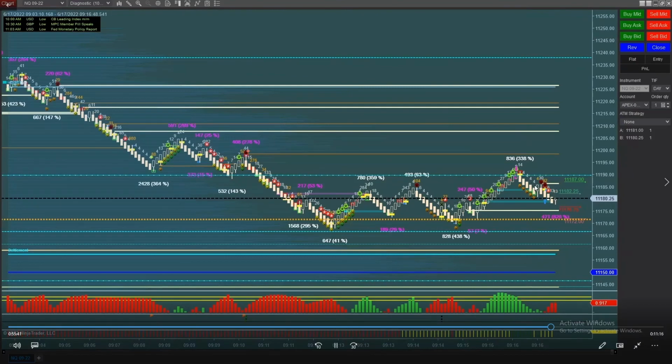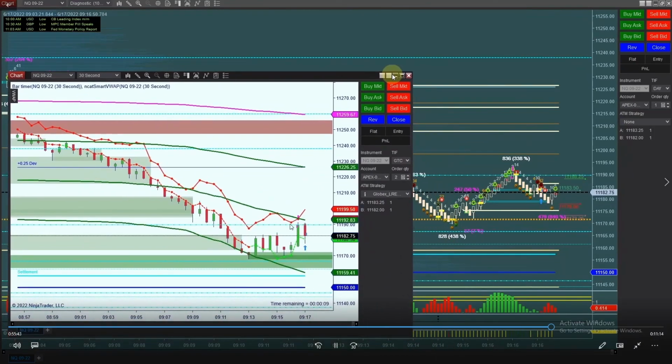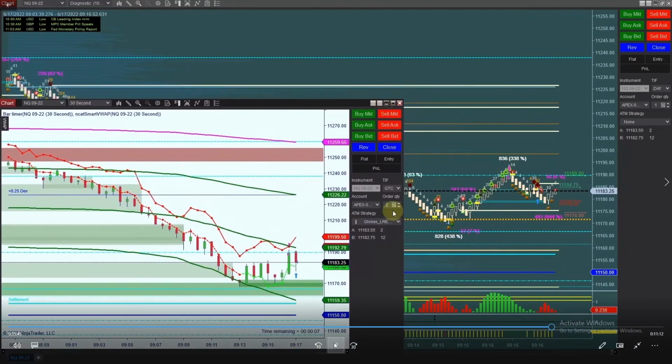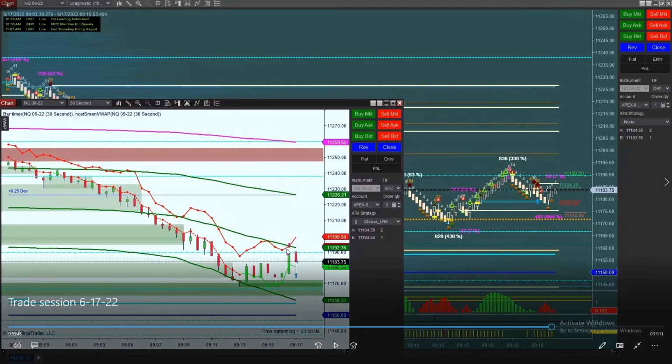So look, and here it goes. See, that's my LRE. Pulled back up, gave me my LRE there. See, the whole time before that, it never gave an LRE. Pulled back up, gave me my LRE. Bounced down, gave me my profit. I could have stayed in this and tried to go to the mini magnet or dynamic magnet. As you can see, it hit my profit, came back up.